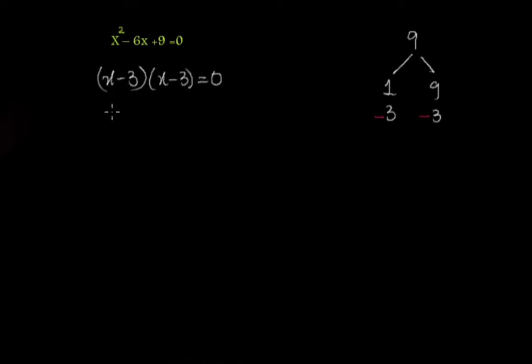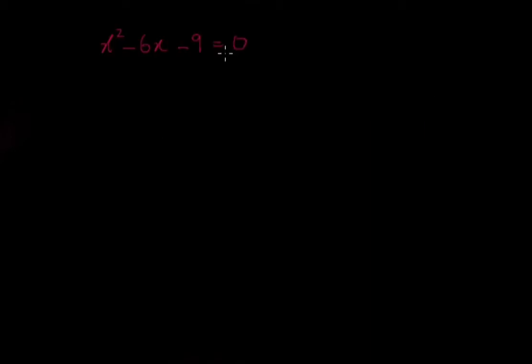If I take 9 and factor it out, that's 1 times 9 and 3 times 3. And if I add 3 and 3, we get 6. But as we require -6, if I add a negative sign to both numbers, we get -6. So it's going to be (x - 3) times (x - 3), and so x is equal to 3. So for this one, we really don't need to complete the square. Go ahead and try to solve this example.